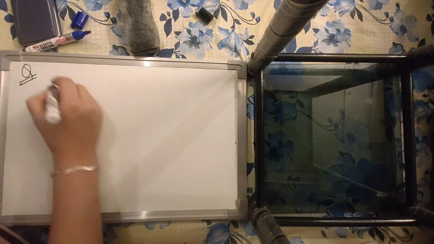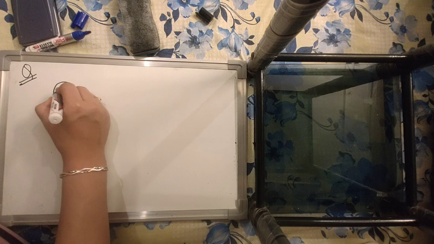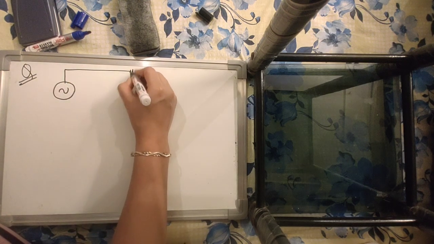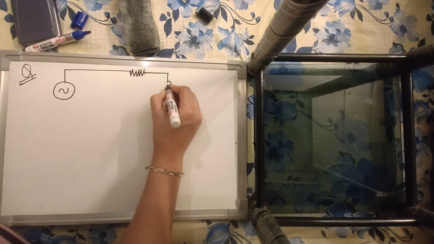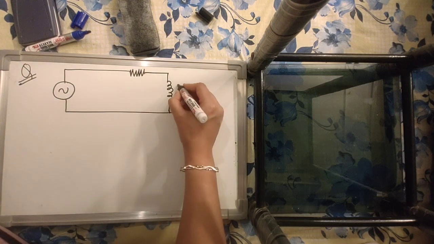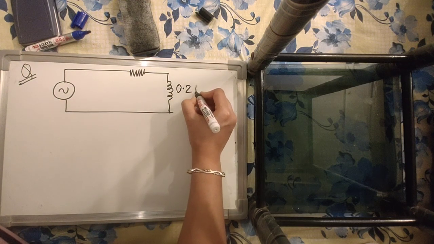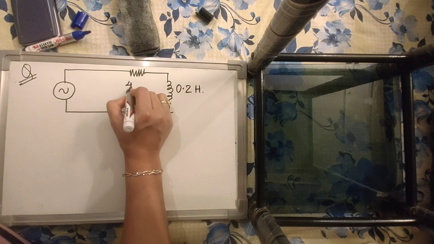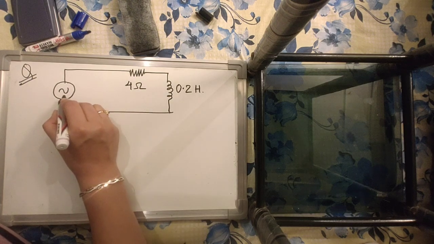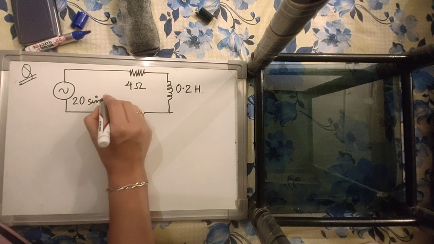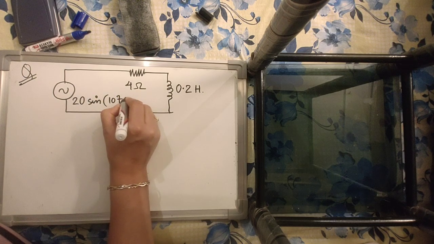2 lectures. So you essentially have, let's do this question, you essentially have an AC excitation, and you have a resistance as well as an inductance in the circuit. We are operating in series. The value of the inductance is 0.2 Henry and the value of the resistance is 4 ohm. The AC voltage source is 20 sine 10t plus 30,